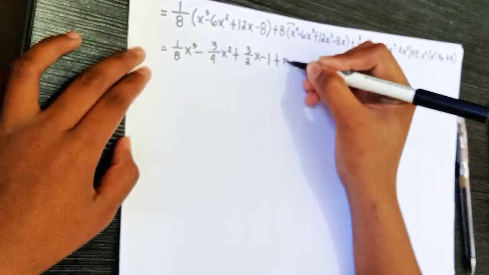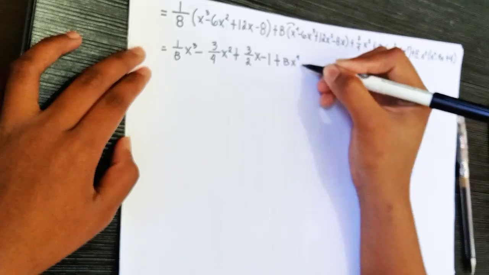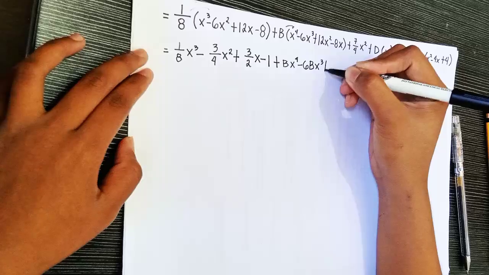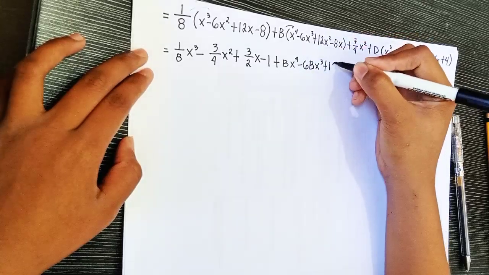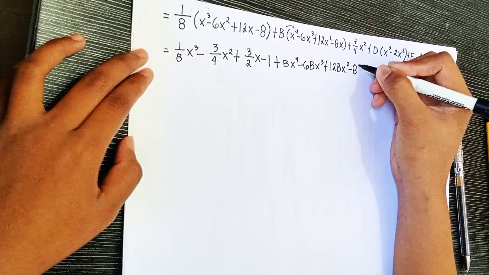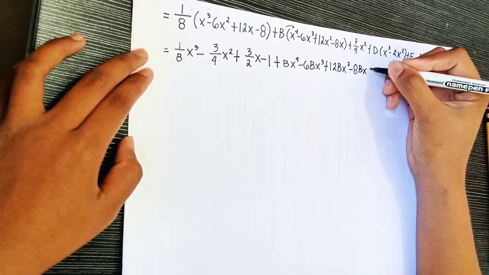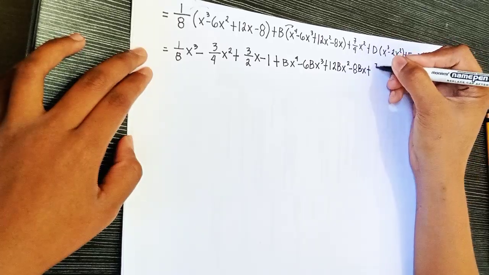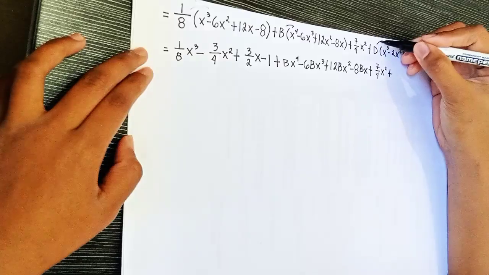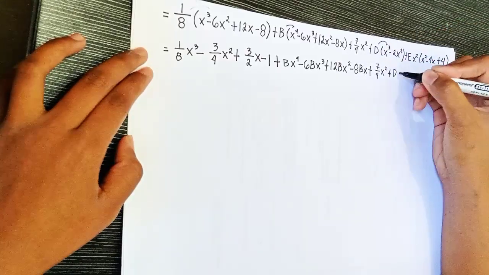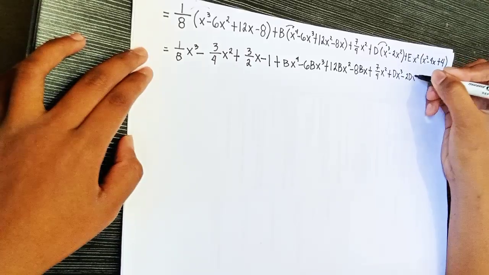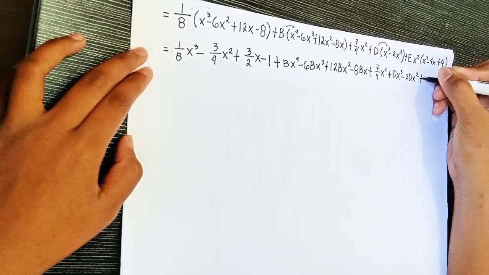So we have b x raised to 4 minus 6b x cubed plus 12b x squared minus 8b x plus copy 7/4 x squared plus let distribute. So we have d x cubed minus 2d x squared plus